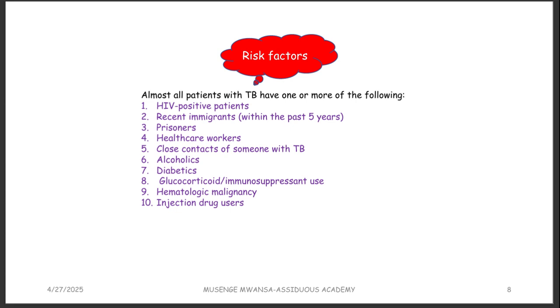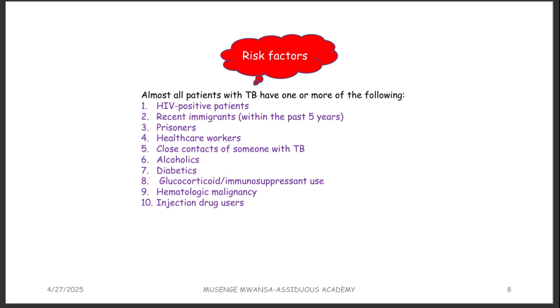They've told you all these things. You want to ask more to find out really what's wrong. So you want to find out if they have risk factors. In the past medical history, you are going to ask them about the HIV status. If they've tested for HIV, are they positive? In the travel history, you are going to ask them if they've traveled to some area far within the past 5 years.